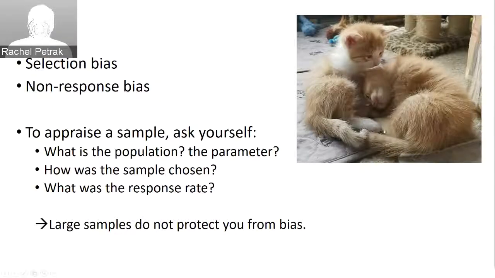How could you get selection bias? Well, it's very easy. Any methodology that uses investigator choices and judgment is always going to result in selection bias. This is why randomization is so important, and we'll see it illustrated in a couple of examples. Let's also think about our other kind of bias. But before we do, just a brief example about